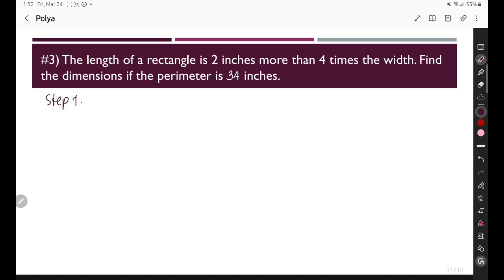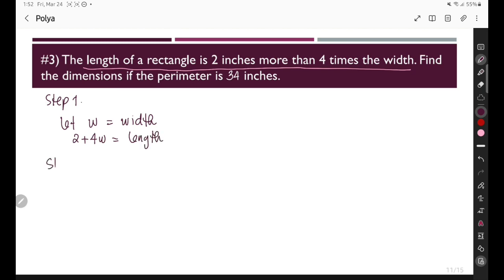Okay, so we have let W be equal to our width. And then as for the length, we have here the length is 2 inches more than 4 times the width, so that would mean we have 2 plus 4 times the width is equal to our length. Okay, and then for step 2,